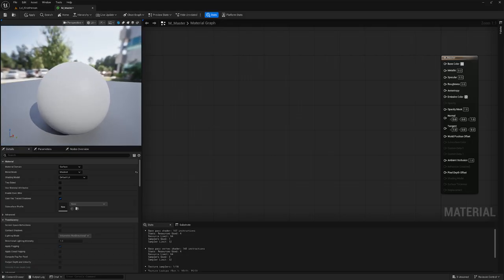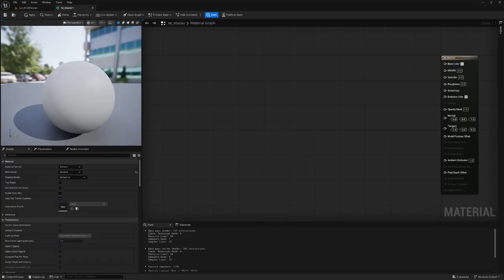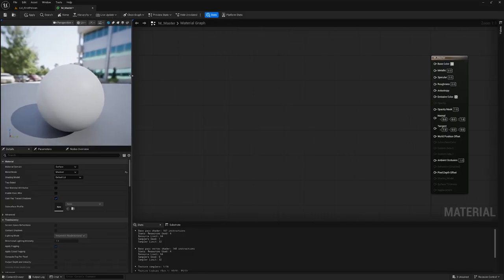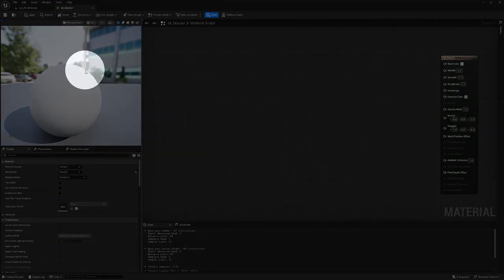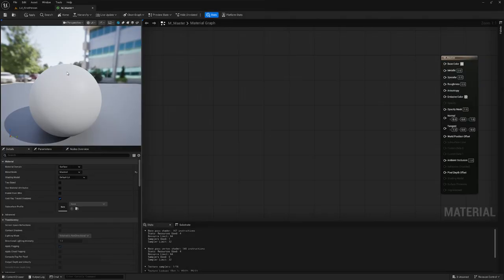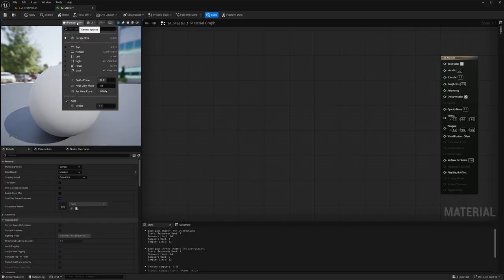So I will show you a cool way to edit this, because by default I don't like the look of this one. So I don't like the HDRI to be visible in the background. It's distracting me, especially if I'm working with bright materials and I have bright background. Okay, so I need, for example, to change this to a completely solid color, gray or anything. So the first thing to do here is to